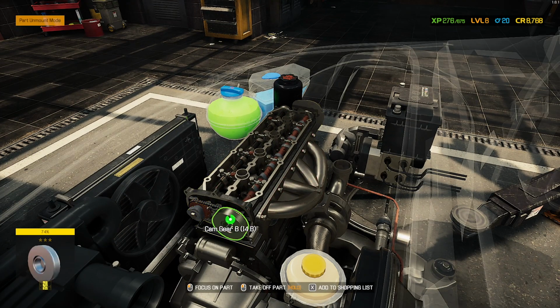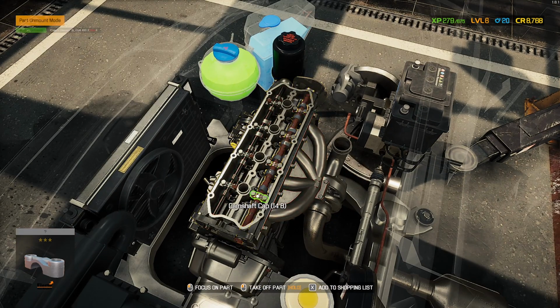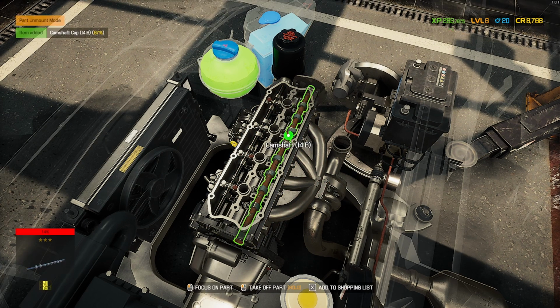Looks like there's a bit of an issue there as well. Cam gear, yep. Cam shaft has got to come out. You can see there's some bolts on this side that probably need a bit of a spray. Spray it and then leave it. I don't know if that makes a difference. We should take it out and put it back on, but...